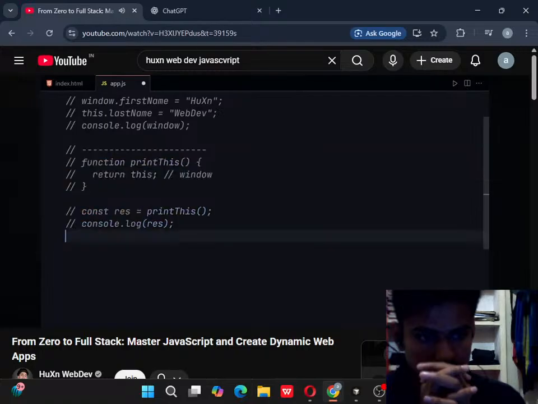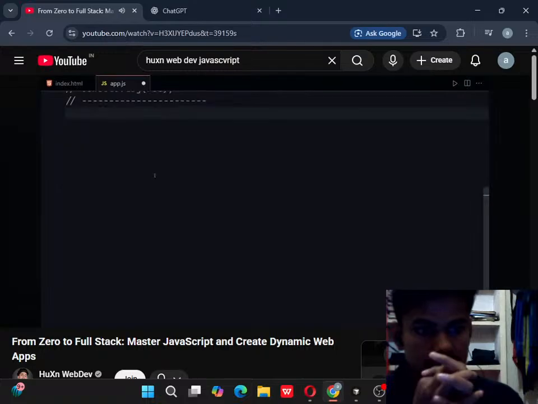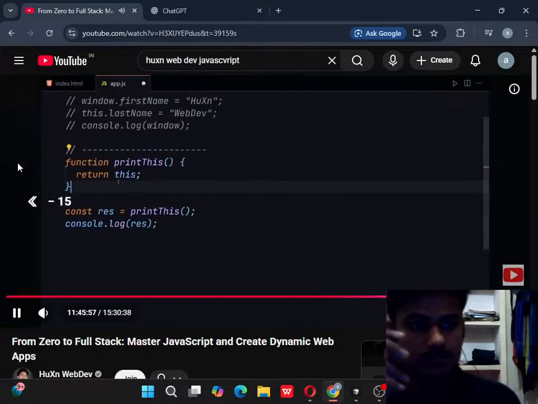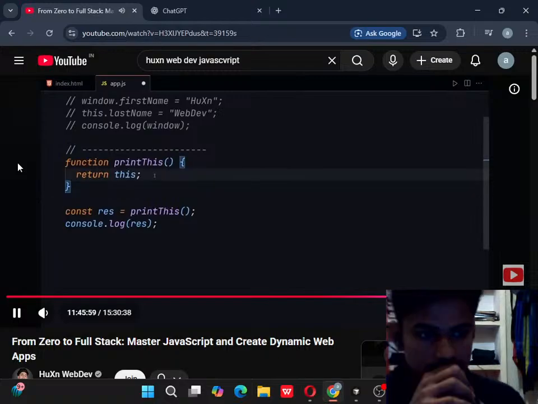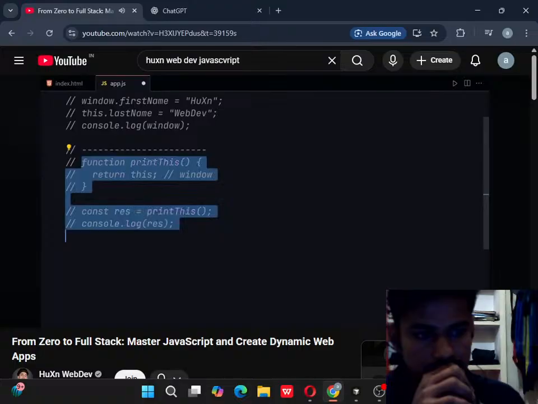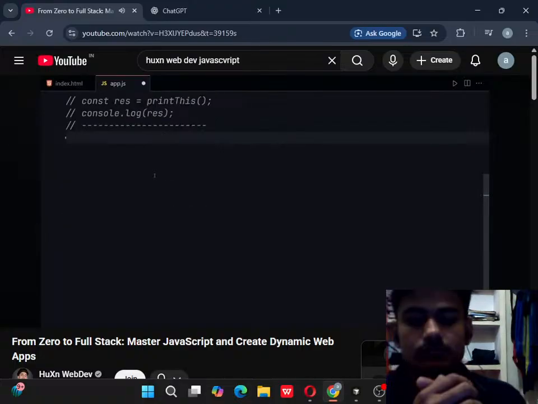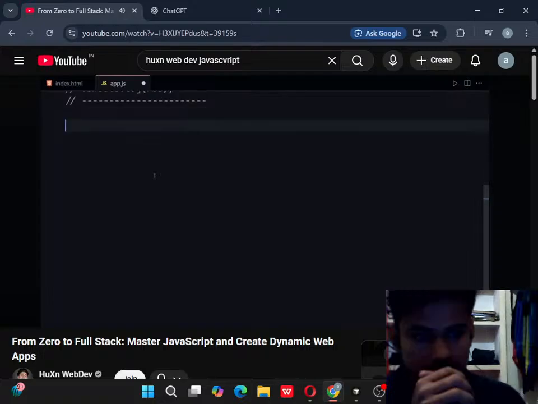So I'm assuming that at this point you are totally with me. I'm going to place this separate right here, and what I'm going to do is create an object. I'm going to give it a name like obj, the name doesn't matter, and I'm going to just write like